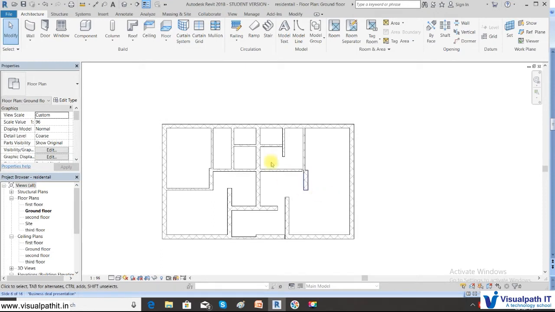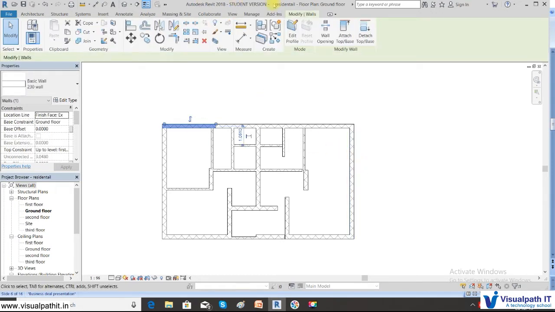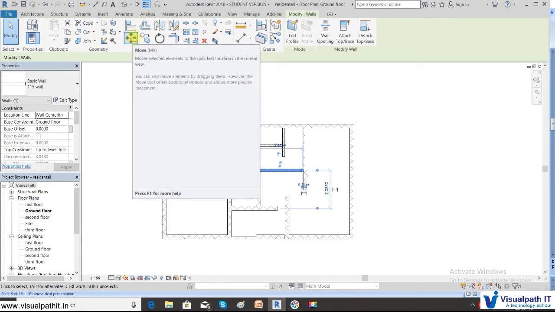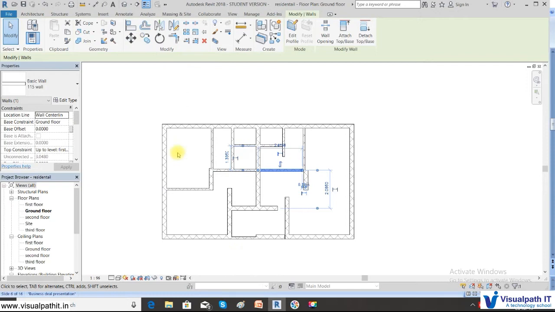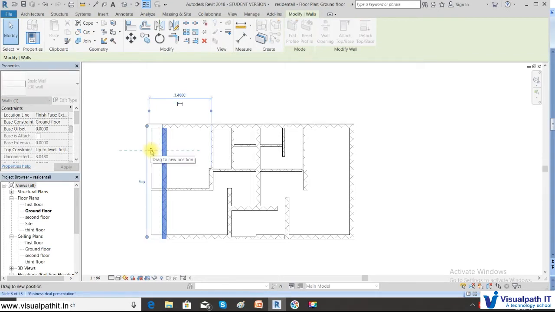As I told you, the modify tools don't come by default here. When you select an element in this way, the Modify tab appears, and then the modify tools come into this portion, or sometimes it may be here. You can see the command called Move. The shortcut is MV. To move by dragging, you just pick the element, press the mouse, and drag in this way. So this is how one method is done.